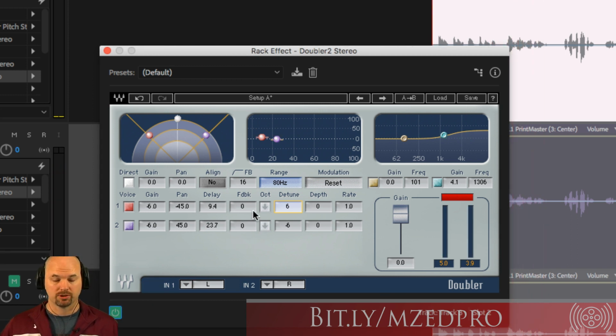Now already it's much more stereo, but we want the delay to be as close to 0 as possible. We don't want to add delay. This is really a music plugin for helping a single vocalist sound like a bunch of vocalists by detuning them. We're going to detune a little bit more than that, maybe 11 cents and maybe 11 cents